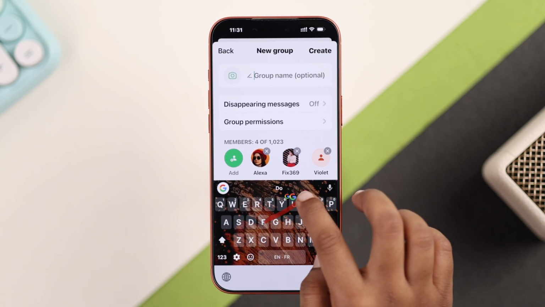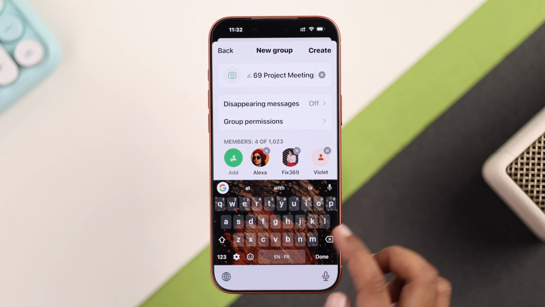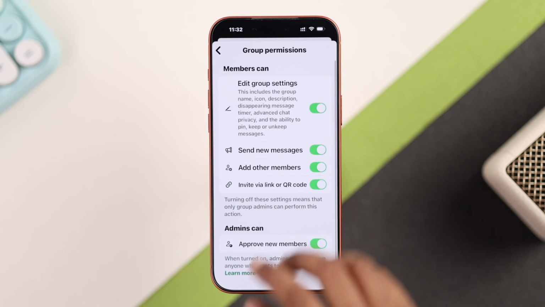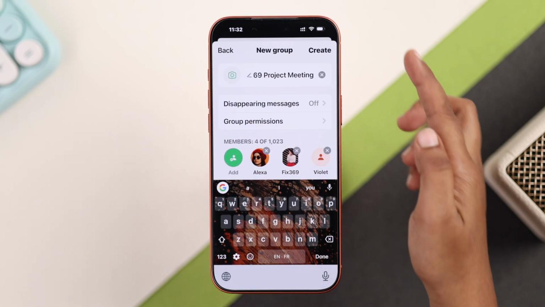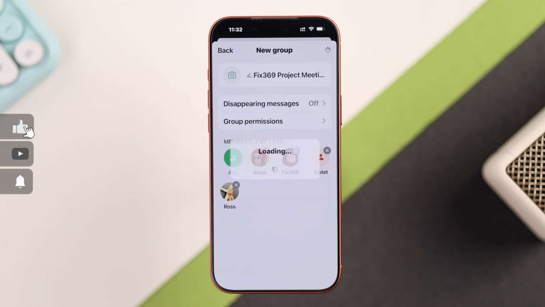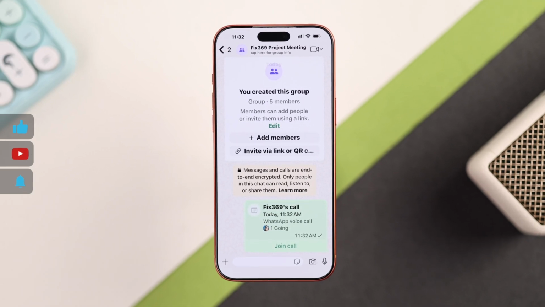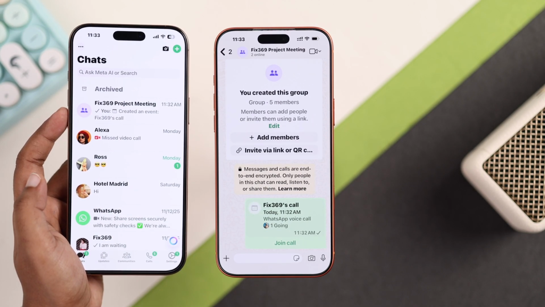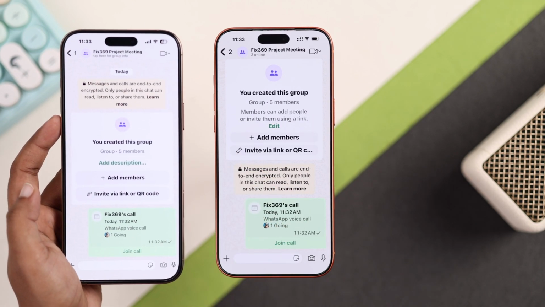And now from here, you can give a group name and adjust the call settings according to your preference. Once everything looks good, hit done. And see, your scheduled call is now created and everyone you invite will see it, can join at the scheduled